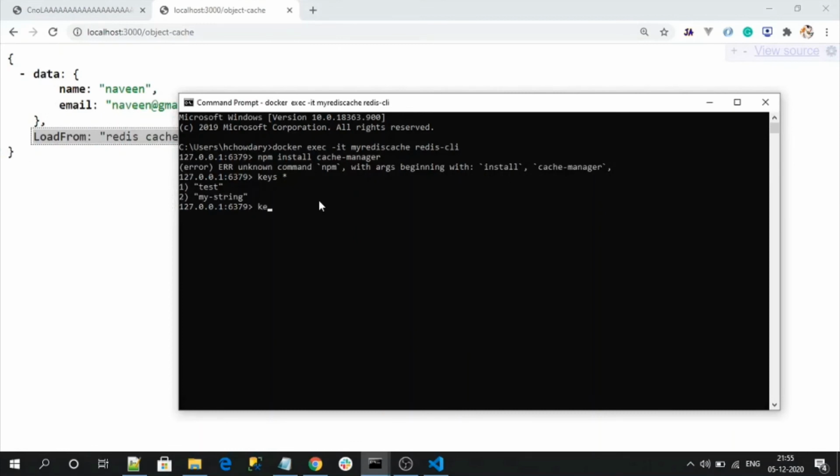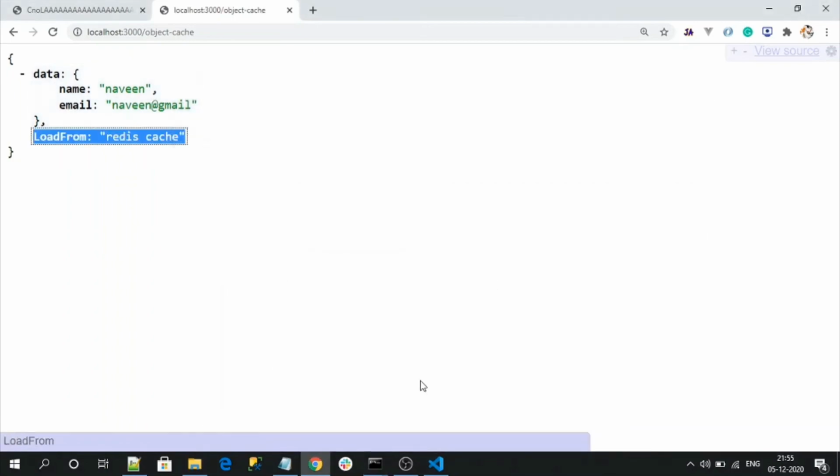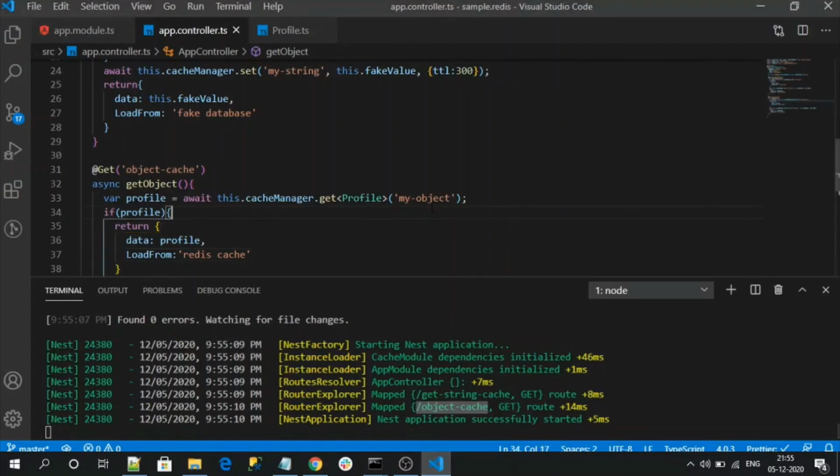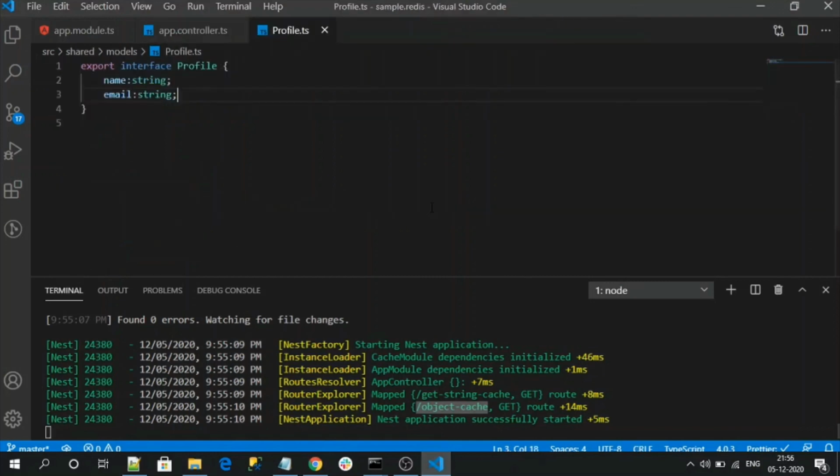Let me check the keys present in the Redis. See here, my object is saved in the Redis. So that is the main core implementation of saving and fetching the data from Redis.